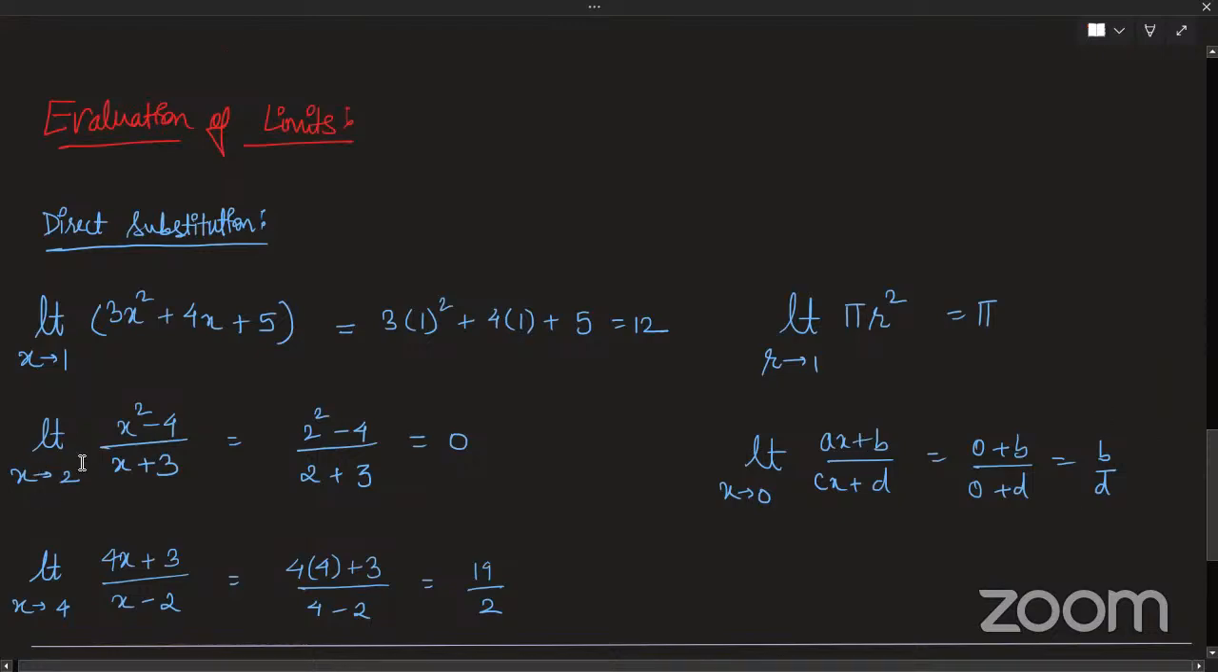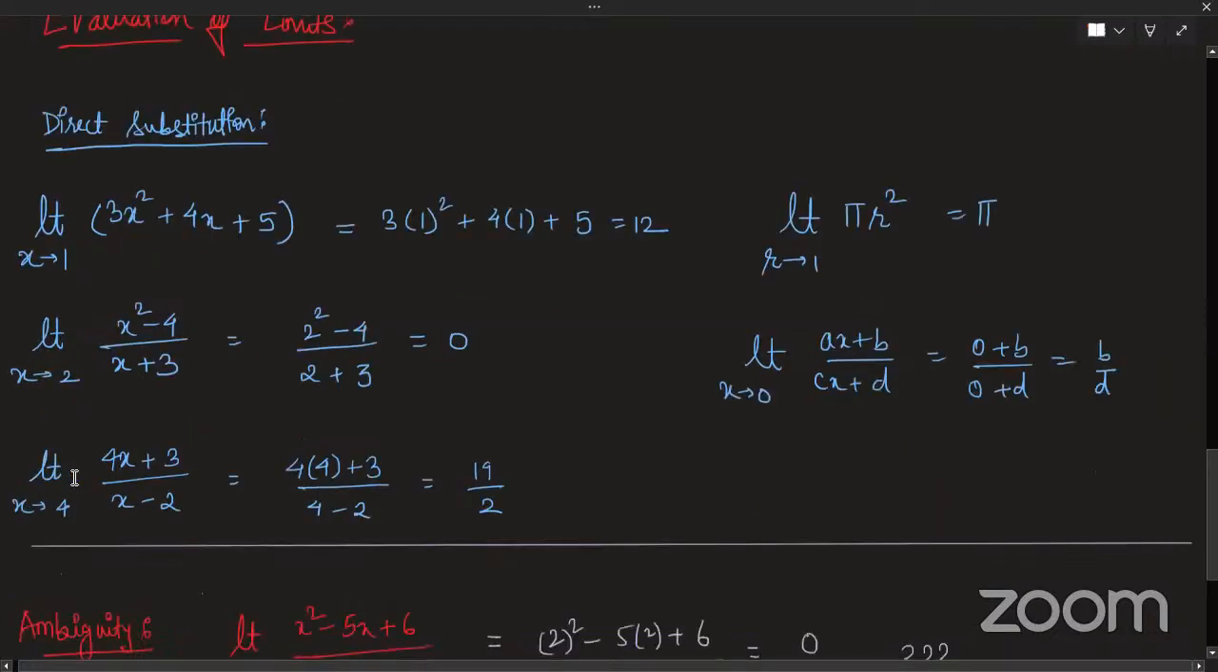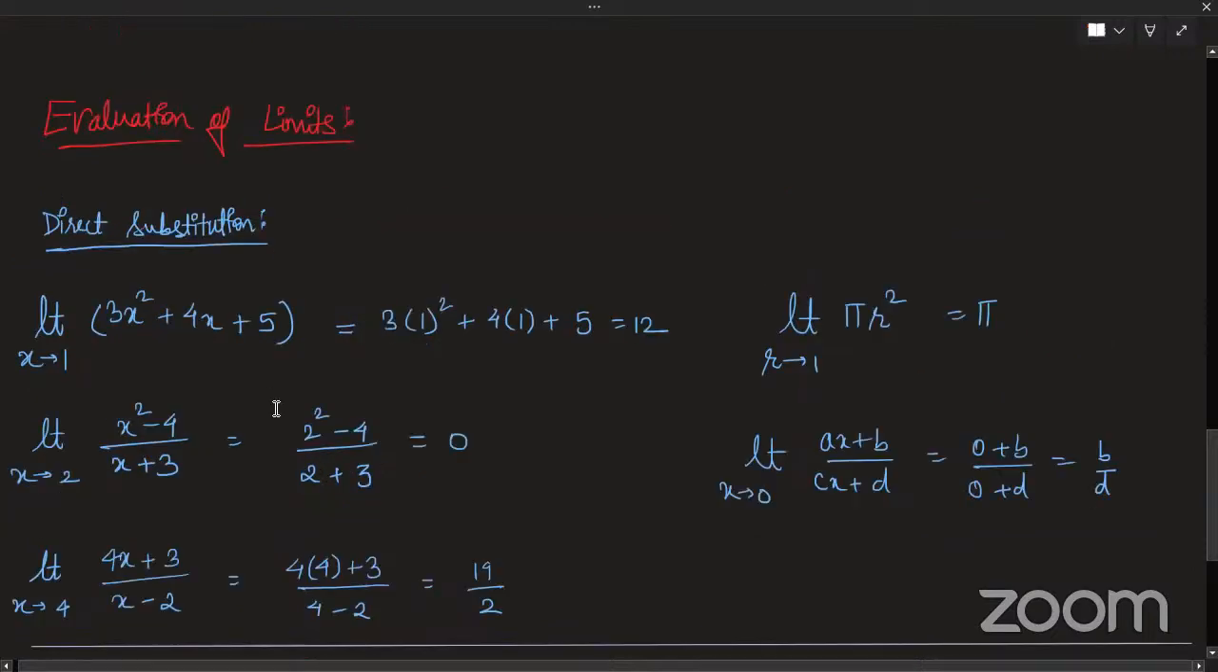Same thing here. Limit x tends to 2, (x square minus 4) by (x plus 3). So (2 square minus 4) by (2 plus 3) is 0. Same thing over here. Limit x tends to 4, (4x plus 3) by (x minus 2). So you can do this. Right? Everyone got it? We have done this yesterday also. It is direct substitution. You are just inputting the values of x. So there is nothing abnormal or nothing new in this. If you know a function, you can just directly substitute the value of x and find its limit at